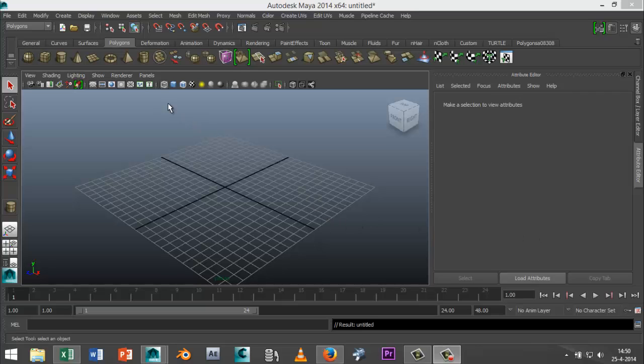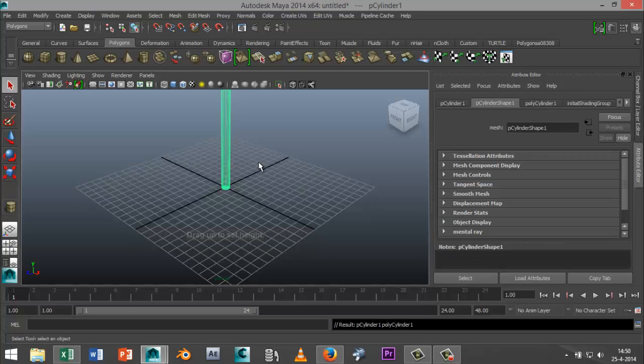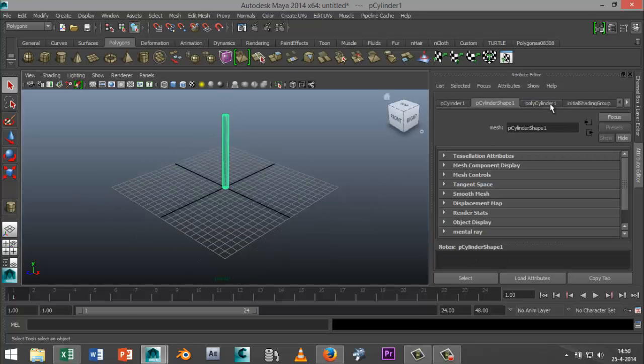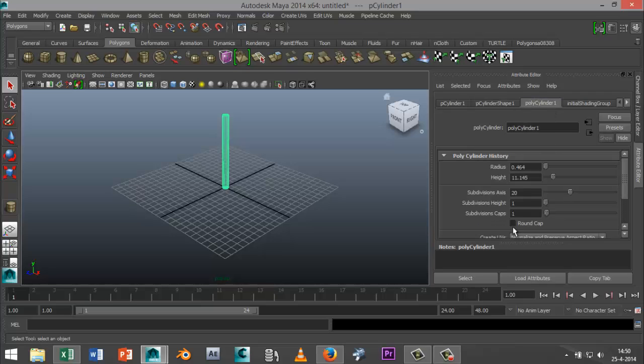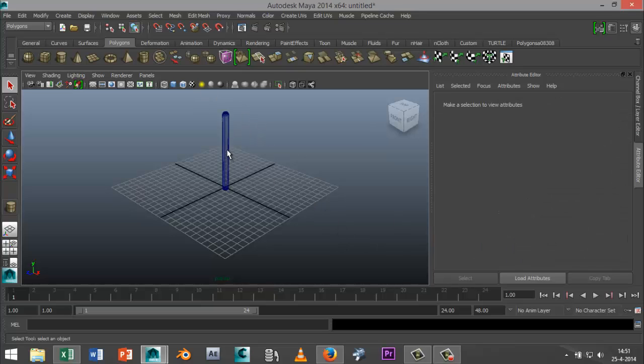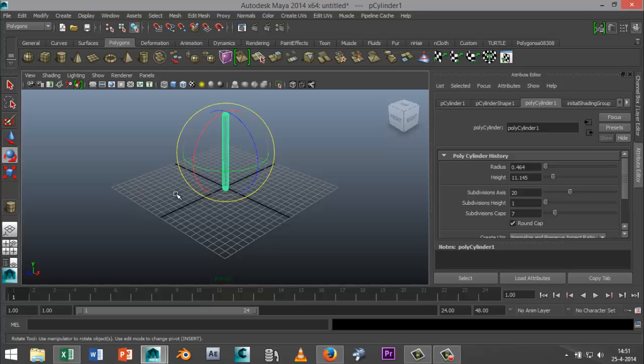So let's get started. We're going to start off in our polygons menu and we're going to select a cylinder. We're going to drag that out in the grid, something like that. And then we're going to select our polycylinder 1 in the attribute editor, and we're going to select round cap. I'm going to increase the number of caps so it's going to be nice and round, and the other settings are fine. Okay, now select your object, hit E to rotate